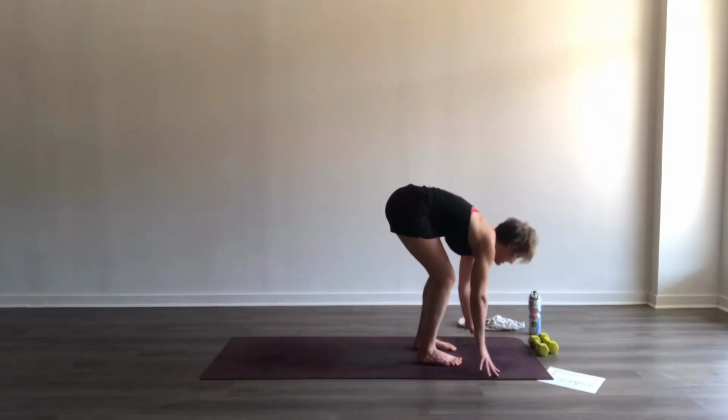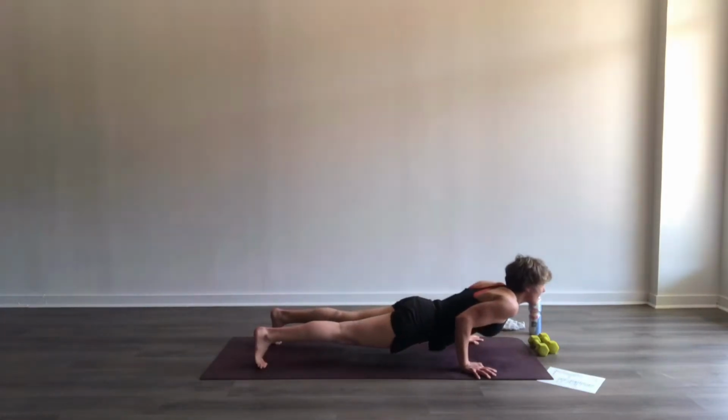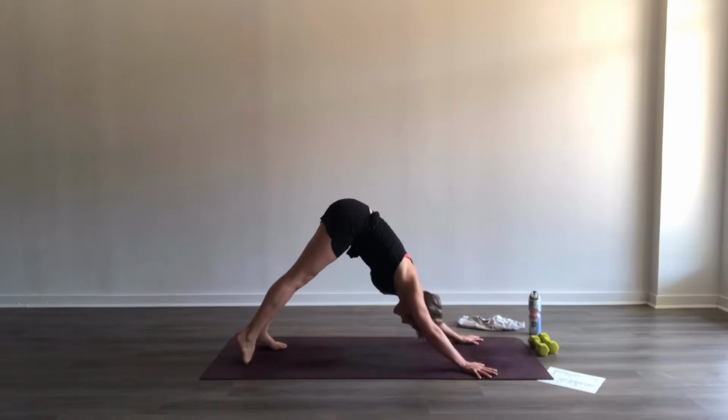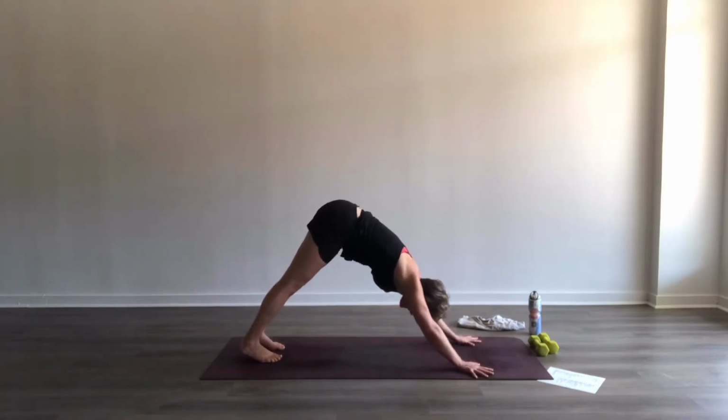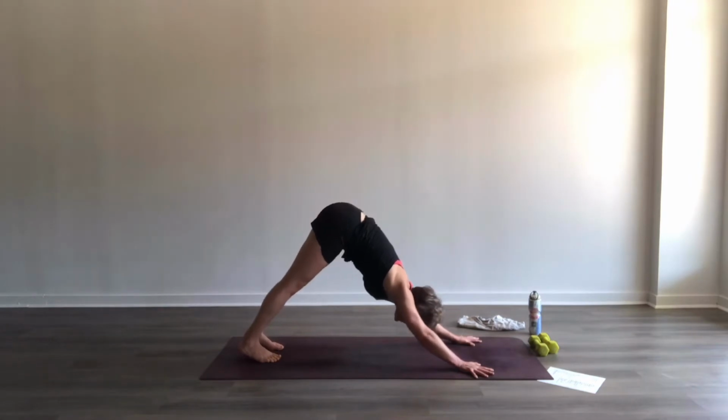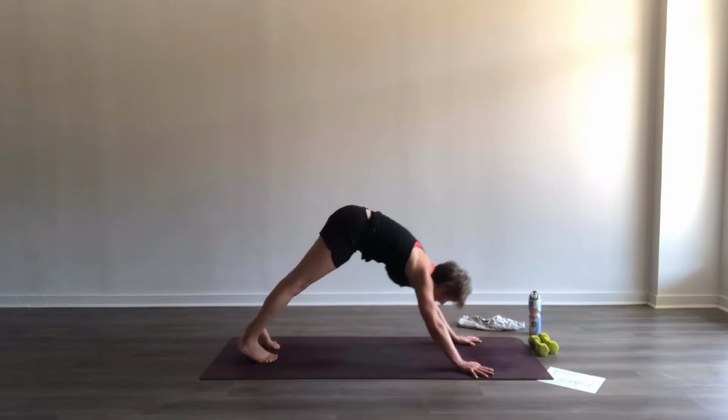And then exhale, step or hop into your chaturanga. Inhale, up dog or cobra. And then downward facing dog. Really nice. So we're going to get into our sequence today. Again, we're going to do it without the weights first. On your inhale, I want you to slide into your